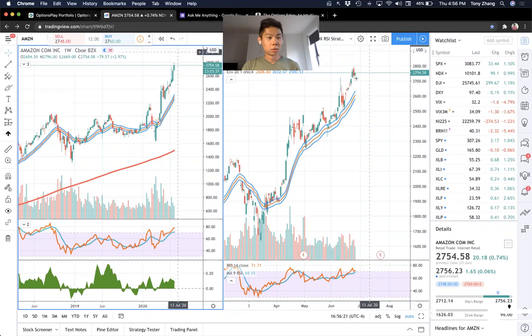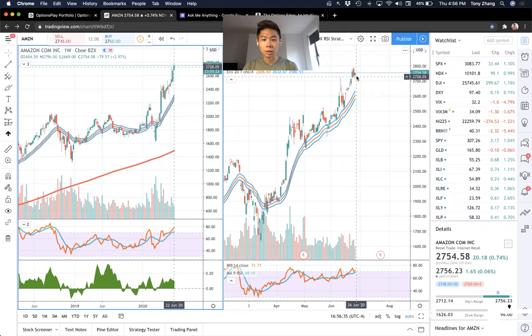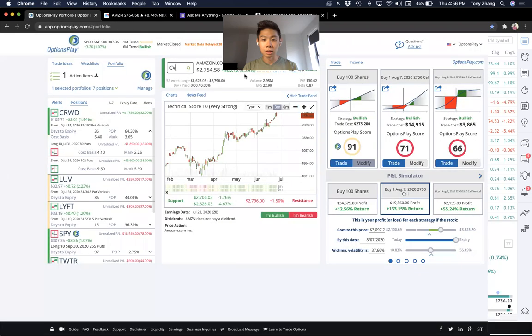I would prefer to see a revisit back to the 20-day moving average. As you can see, the 20-day moving average has been fairly consistent for buy-the-dip type opportunities, but we're pretty far stretched above that. I don't like going long when it's this far above its moving average. I like to see a pullback to or potentially even below that moving average before I go long. So that's my view here on Amazon. Long term, I like it, but I'm not as favorable on the current levels.